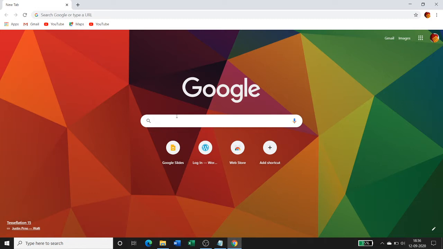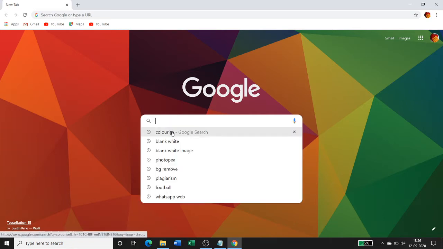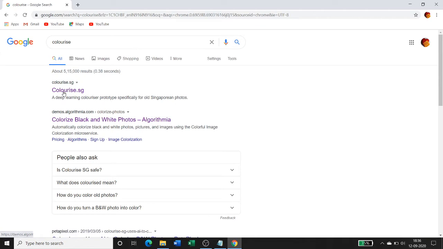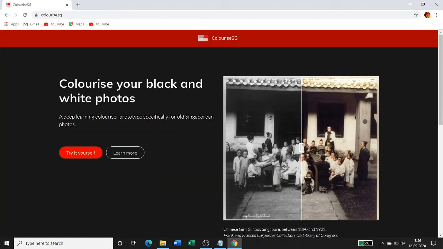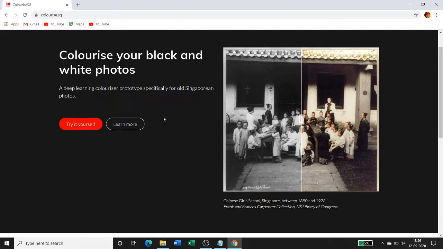So today we will learn how to make black and white images, okay, of any photo. So just go on Colorize SG, click on colorization, then open Colorize SG, and then you will get your black and white photos. For example, I can show you. They are giving us a demo. Okay, this is the color. This is black and white. Okay, so